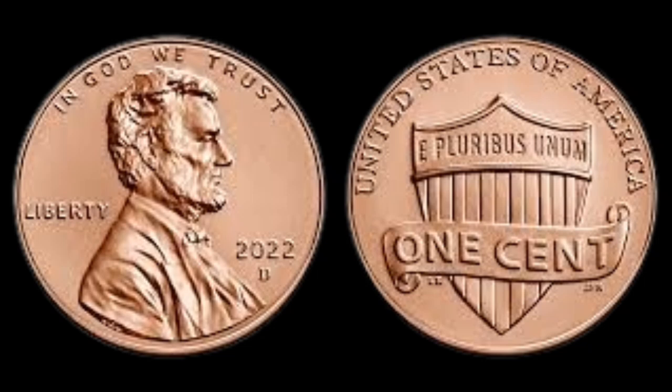unmistakable double die obverse, where Lincoln's profile shows strong, repeated outlines around his nose, eyes, and chin, and the inscriptions such as the Liberty and the date 2022 are clearly doubled, with not just a faint shift but prominent, machine-like doubling that adds immense appeal to collectors specializing in double dies, and on the reverse, the Union Shield also shows